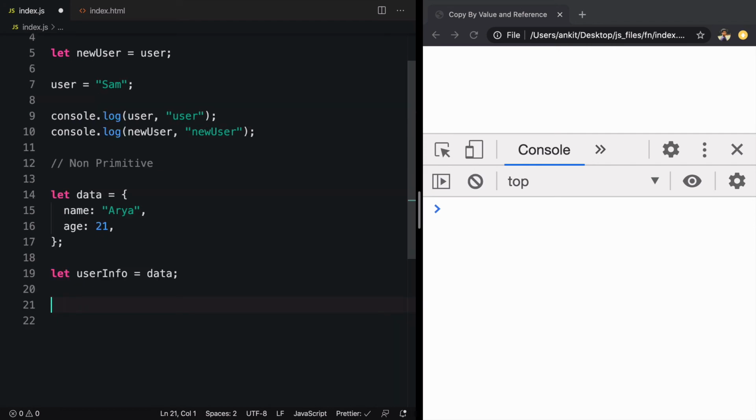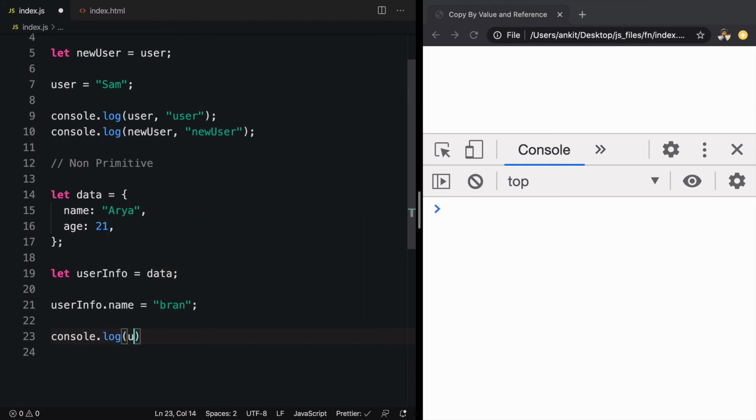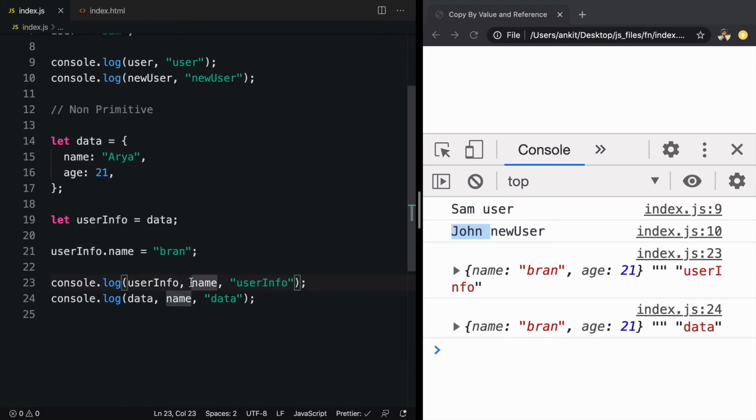Similarly, here we need to update the property by saying user info dot name is equal to Bran. Now we need to access the property by saying console.log user info dot name, and this is user info. Similarly, we'll have data.name, the previous value, and we'll call it data.